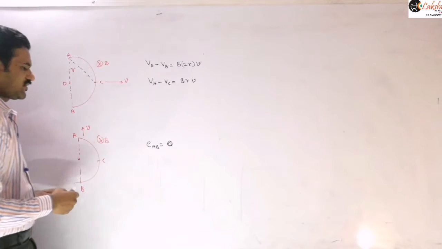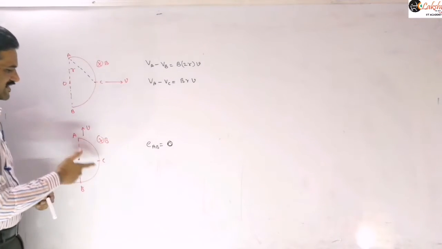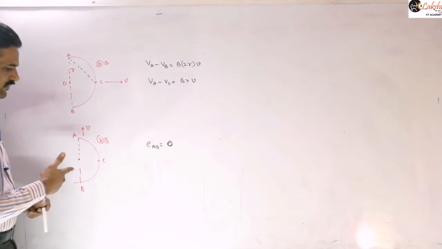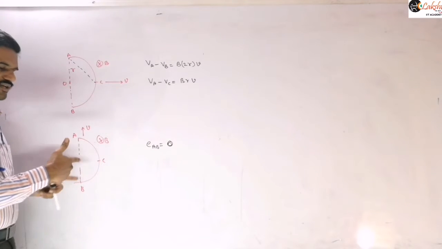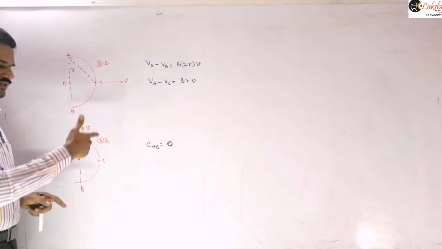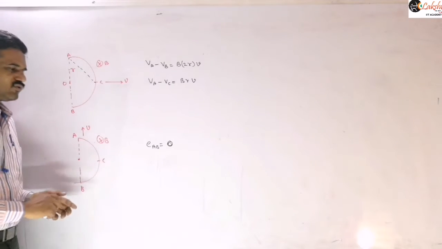So the projection of that length, if I write, then you can apply the right hand rule to find which is higher potential, A and C. So for that A and C, now I can write this induced current. Say the field is inwards here, and the motion of the conductor is like this. Then the current is flowing from C to A. So C is at lower potential there.